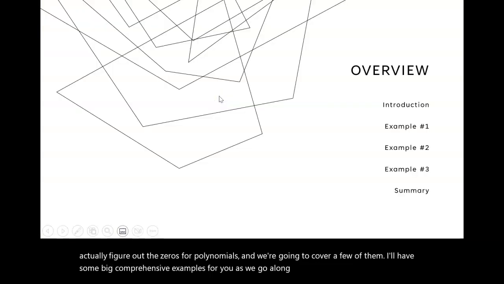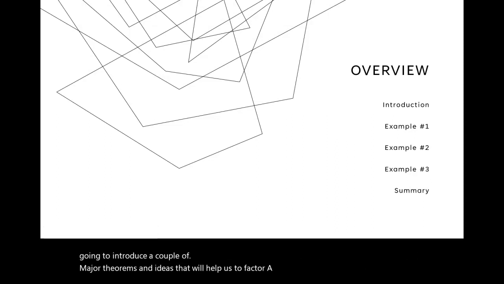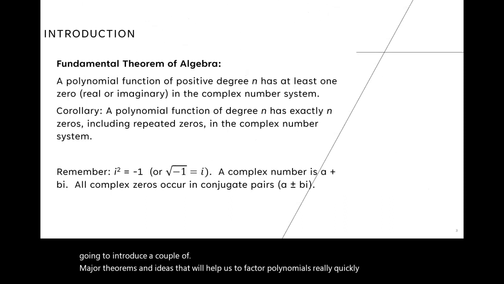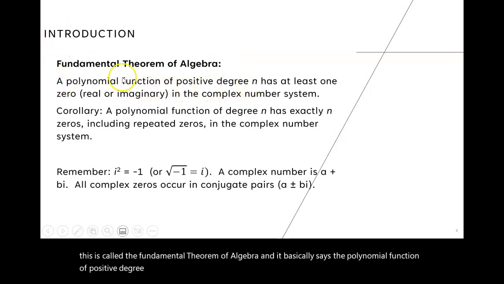So we've got examples here, but I'm going to introduce a couple of major theorems and ideas that will help us to factor our polynomials really quickly. The first one is called the fundamental theorem of algebra. It basically says a polynomial function of positive degree n has at least one zero in the complex number